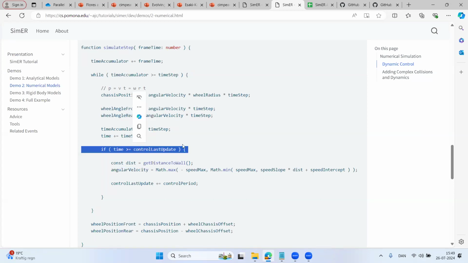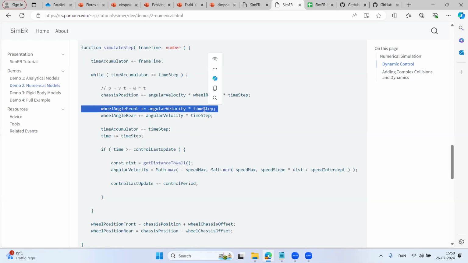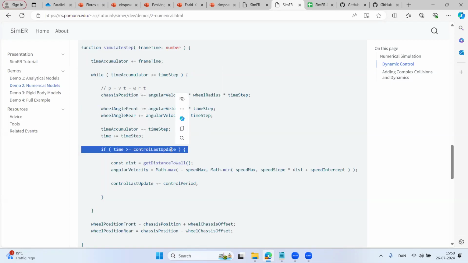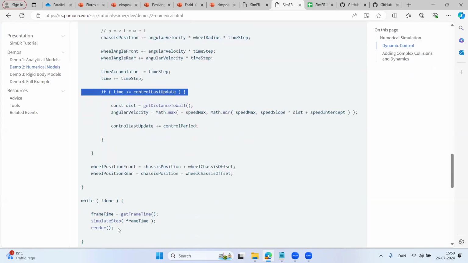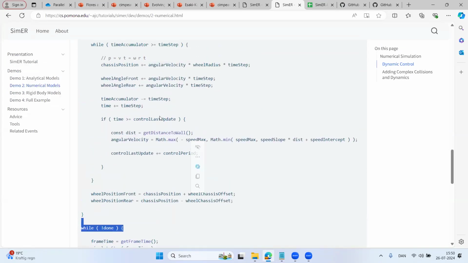Another thing to highlight from here, this was a mistake that I made in a lot of my early studies. Don't always assume that everything happens in the same time periods. So this actually includes 3 different time periods: my integration step, my control step, and then a render step. Those can all happen at different times, and I would definitely encourage you to have your control updates at a different rate than your physics updates. Physics updates should be pretty small.